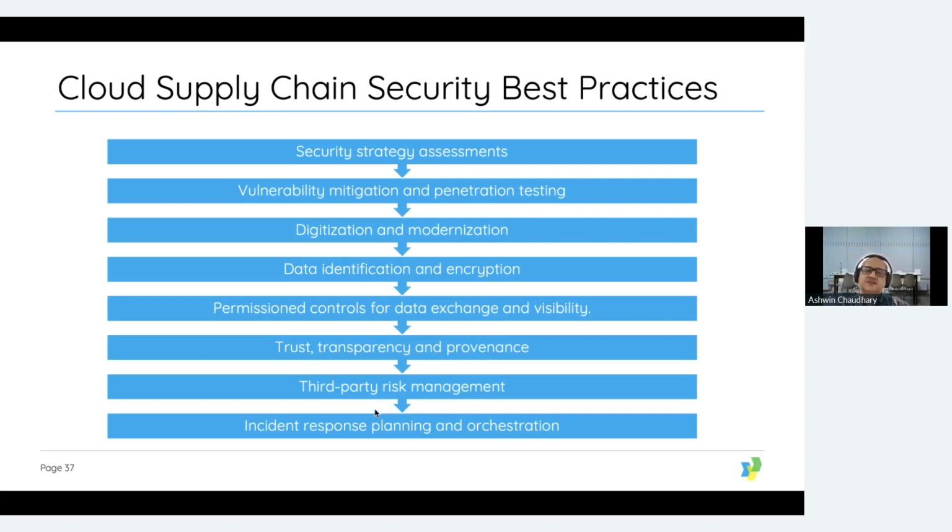You need to have trust, transparency, and prevalence. You need to do third-party risk management, and also incident response planning and orchestration. So these are some of the best practices that the industry suggests, and as part of the supply chain assessments, they all will be incorporated with the zero trust approach to have a detailed supply chain assessment tool in your